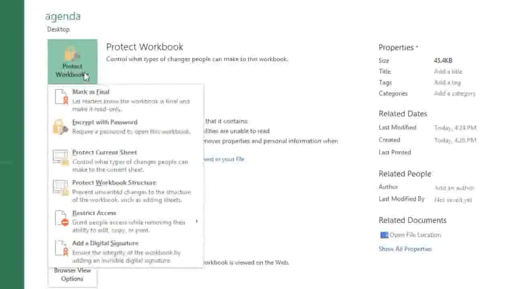Some of these options offer a high level of protection, such as Encrypt with Password, which is good for really important or sensitive workbooks. If you don't need that much security, though, you might want to consider one of the other options. In this case, I'm going to choose Mark as Final, which will just make the workbook read-only. This should discourage people